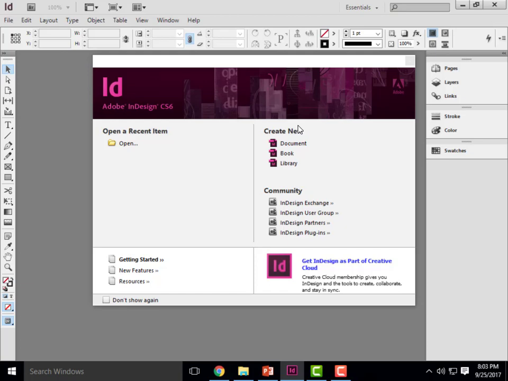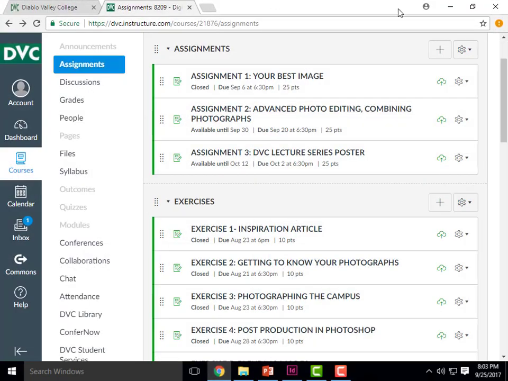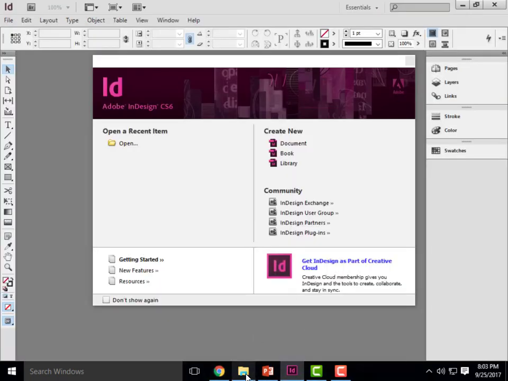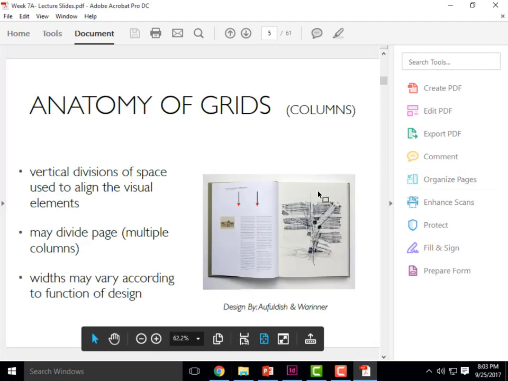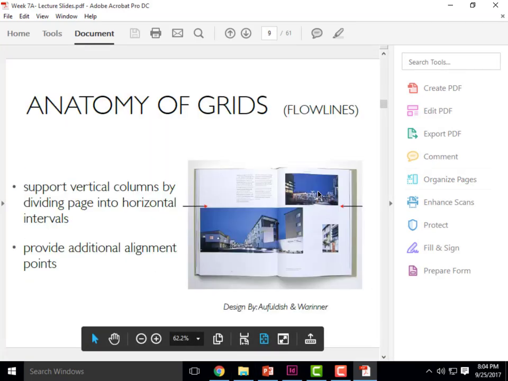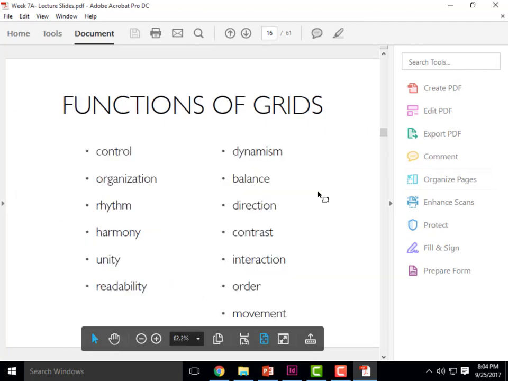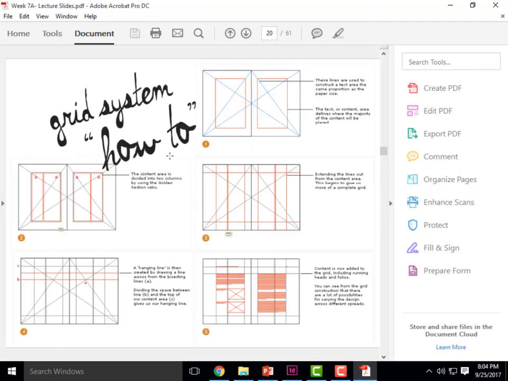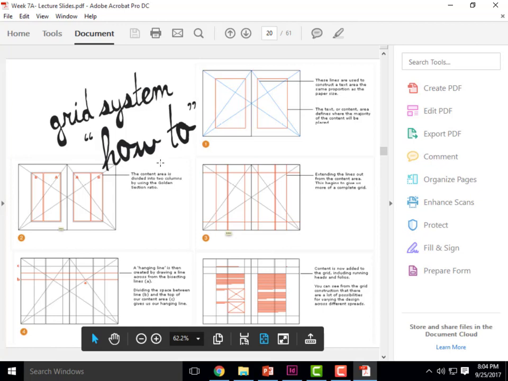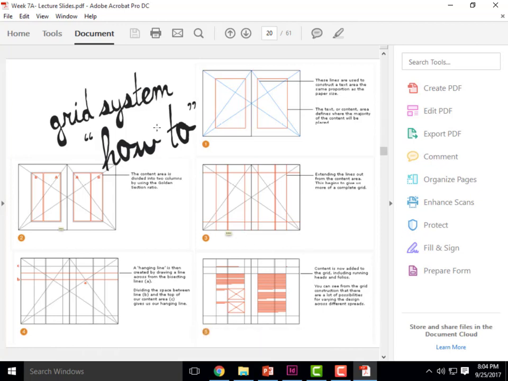We'll look at a little bit more about how layers work, and we're actually going to go back to that slide that we were looking at earlier, if I can find it. Let's see, we're going to look at that slide and how to create a nice orderly grid system using the golden ratio. Okay, so we're going to go ahead and actually work through this step-by-step illustration and how to create this general kind of